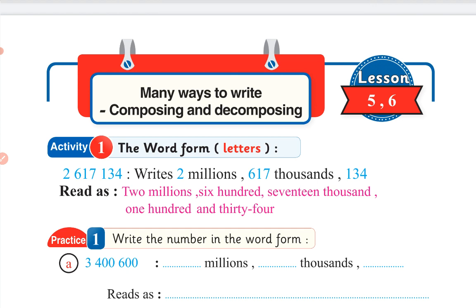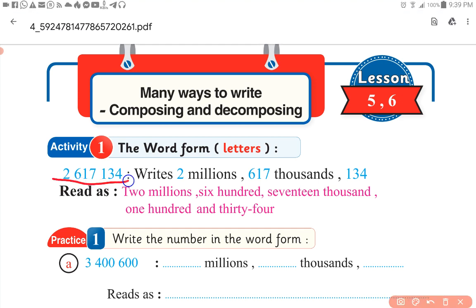نبدأ مع بعض الدرس بتاعنا النهاردة بيتكلم عن many ways to write composing and composing. في الأول هنشوف activity بيقول لي word form. ايه يعني the word form؟ يعني بكتب الأعداد باستخدام letters بالحروف. عندي نمبر زي النمبر اللي مكتوب عندنا ده،